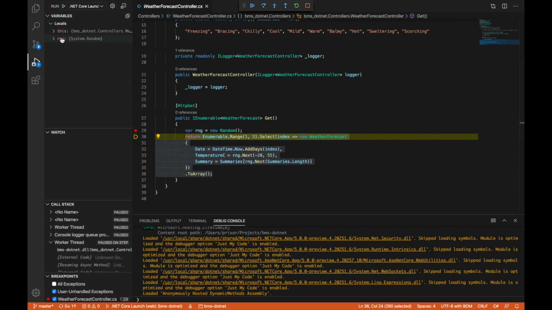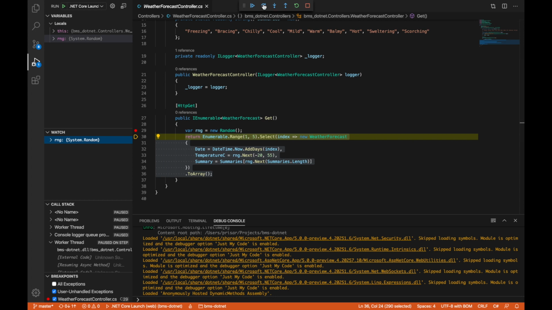And on the left side you have local variables, and also you can put a watch. Let's say you have some variable you want to watch here. In this example we have rng, which is the local variable in this context. So we can access the variables and get to know about the variables in more detail. Yeah, that's pretty much it.